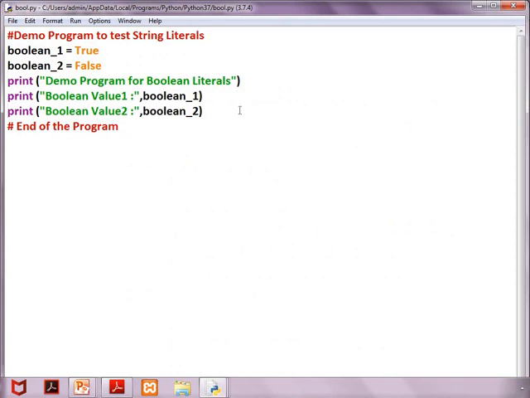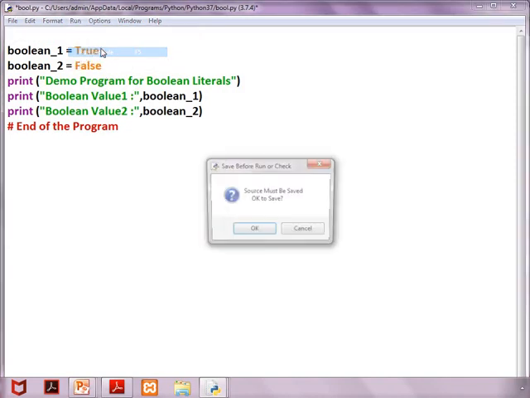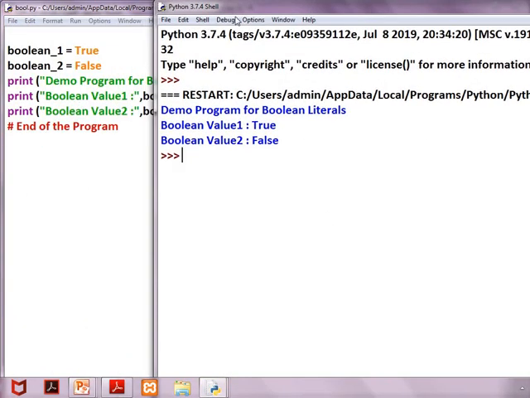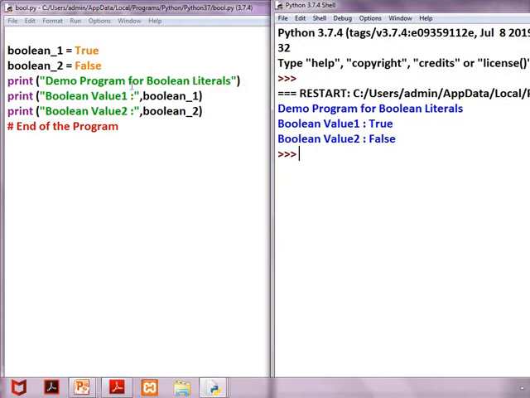So this is the example program for Boolean literals, because the literal types are numeric, string, and Boolean. So run the module. First output is demo program for Boolean literals. Next, Boolean value, Boolean of 1. It is having true, so it is giving directly as true.